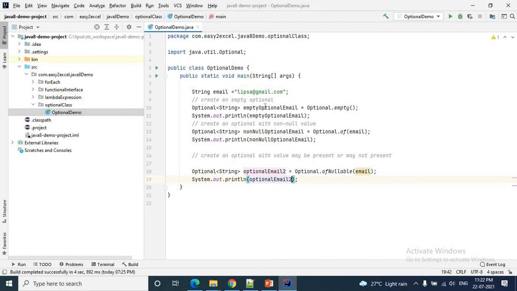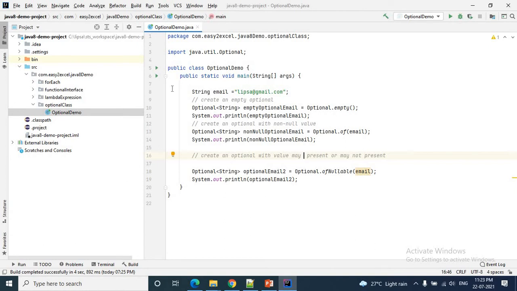Okay. So these are the three ways by which we can create an optional object. First one is create an empty optional by using the empty method, and then by using the of method we can create an optional with non-null value. So that value must be present. And the third one is create an optional with value that may be present or may not be present. Correct? By using the ofNullable method we can create the optional object like this.